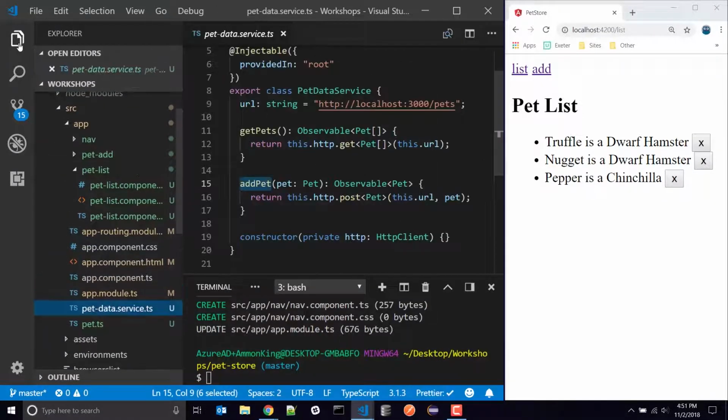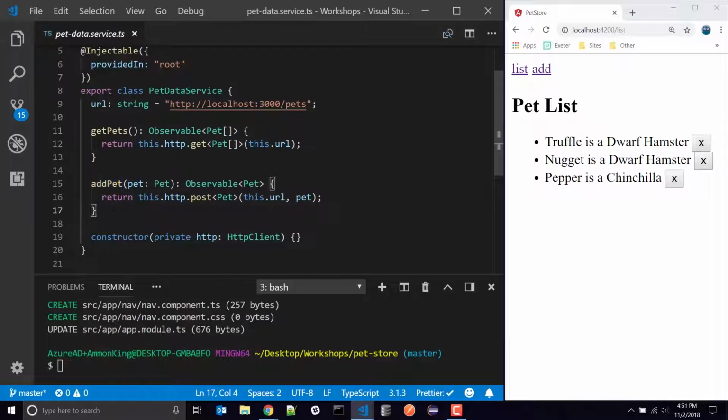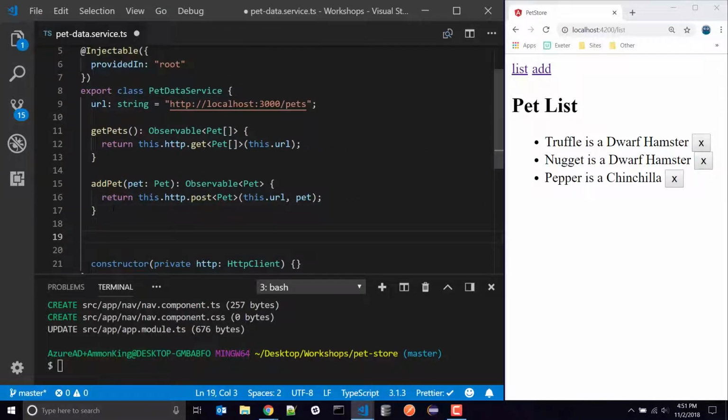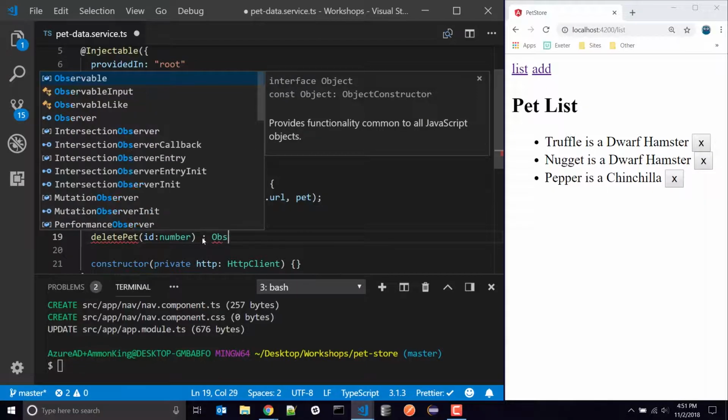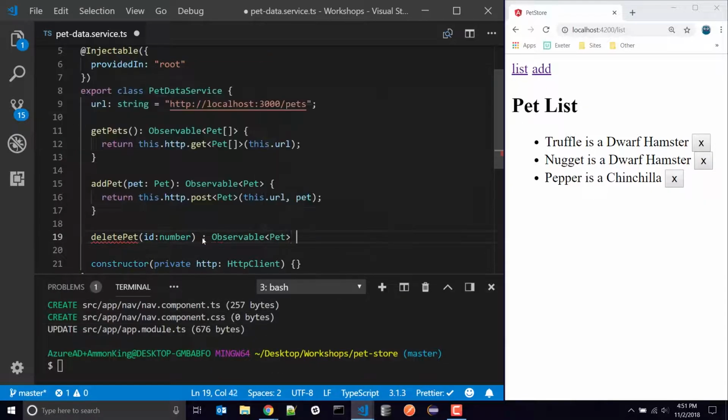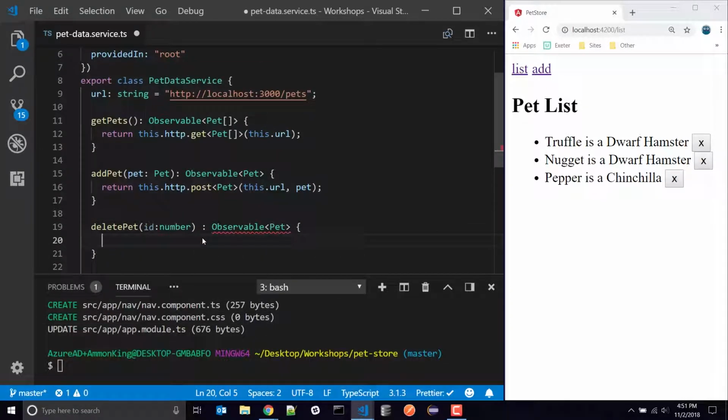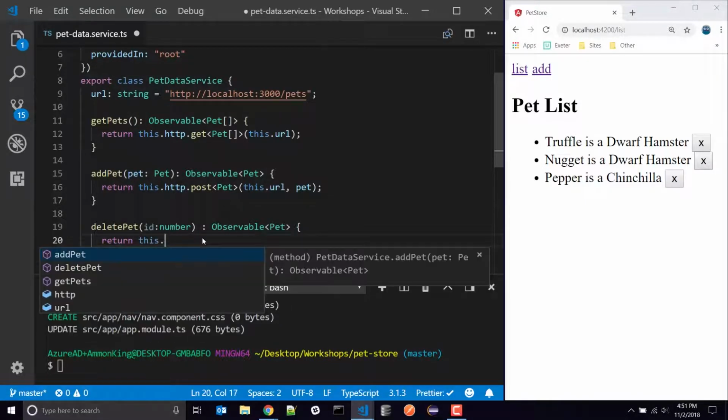I would load up my pet data service and give this the ability to delete a pet. So I can say delete pet. I'm going to take an ID, which is a number. This is going to give me back an observable of type pet. Kind of like my add pet. It's going to return this